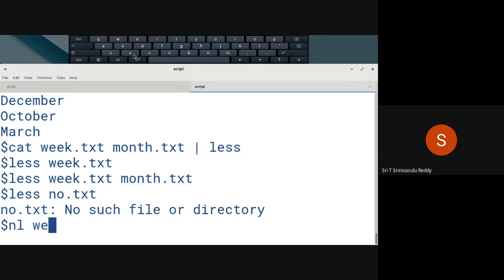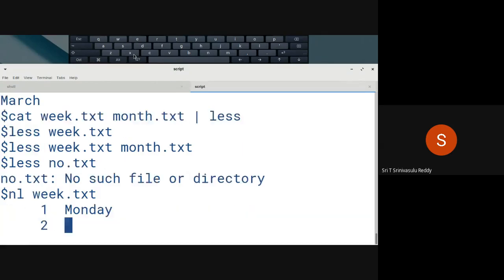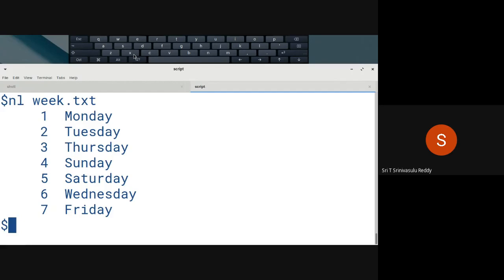So when you give nl followed by week.txt, as you can see there now, it is displaying the same contents along with the line numbers. It is also giving line number 1, Monday, line number 2, Tuesday, and so on. But remember, all these commands are not making changes to the files. They are only reporting